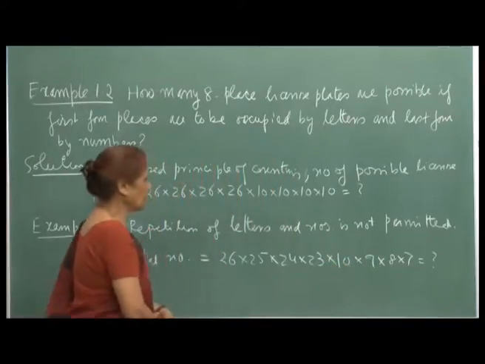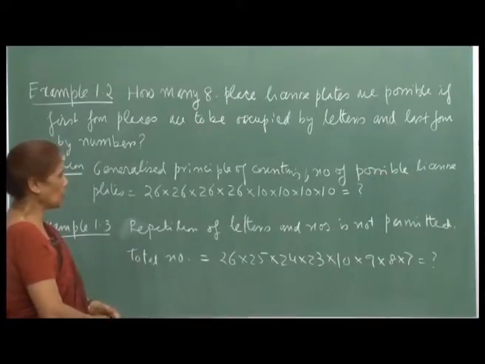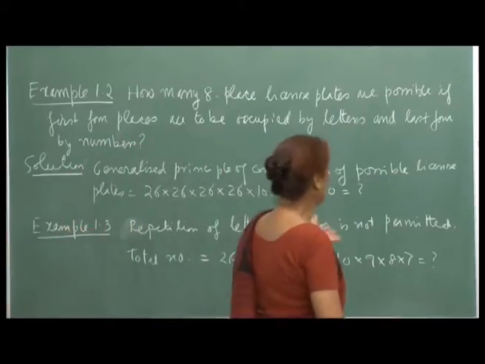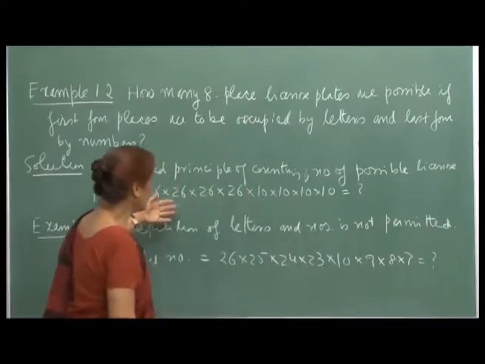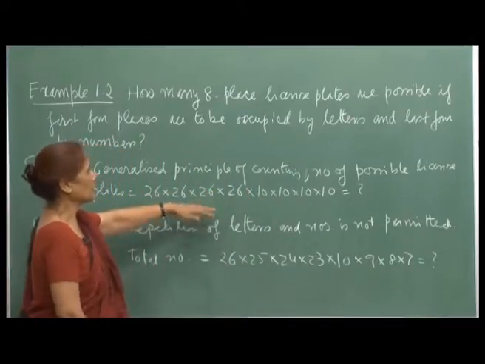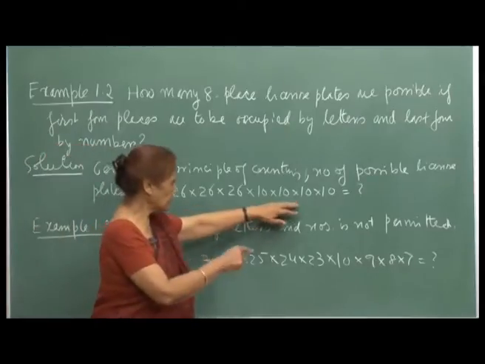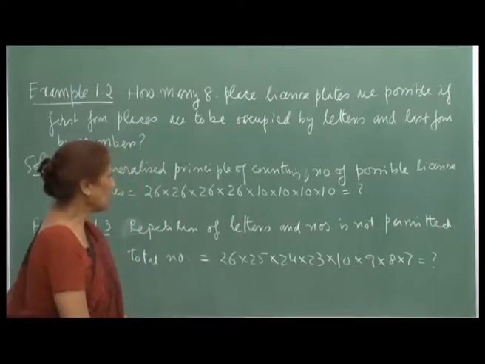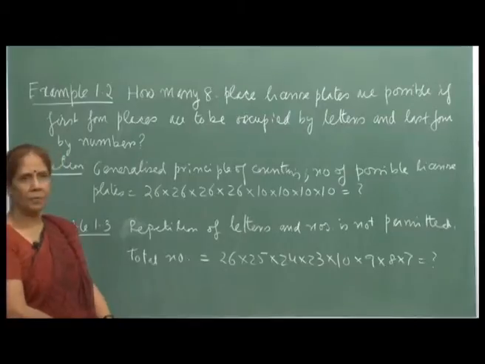So, this is how the generalized principle of counting helps you come out with the possible number of outcomes of an experiment, or event here. As I am counting, I am saying that this is 8 experiments, the choice of each letter for each place of the license plate and a choice of a number I counted as experiments. So, I had 8 experiments here and used the generalized principle of counting to find out the possible number of